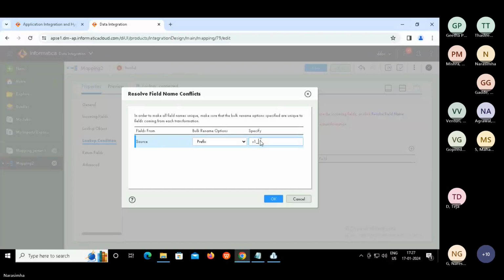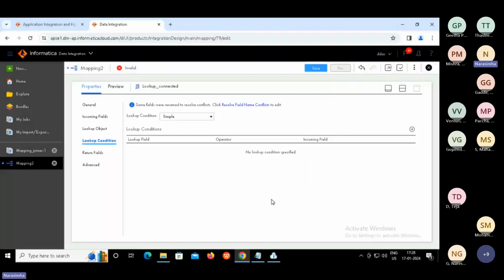On the lookup object, the multiple matches will be as it is, return any row. Perfect.